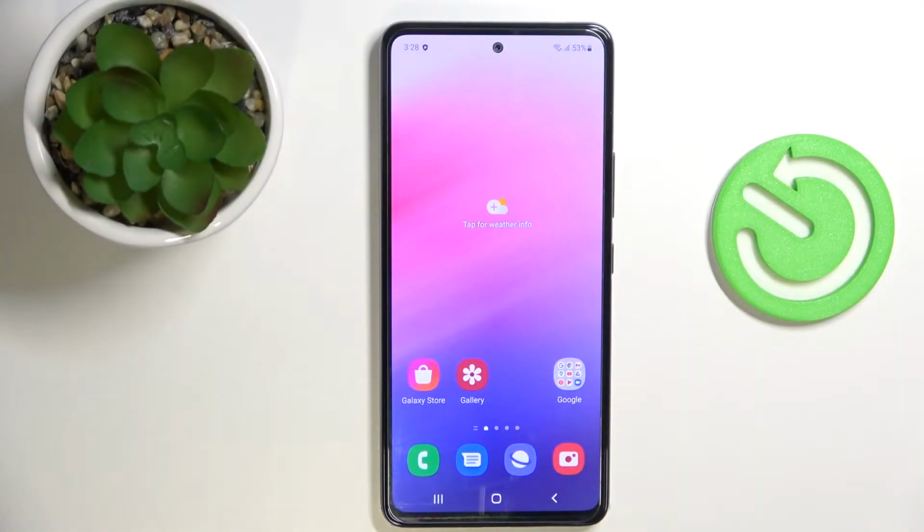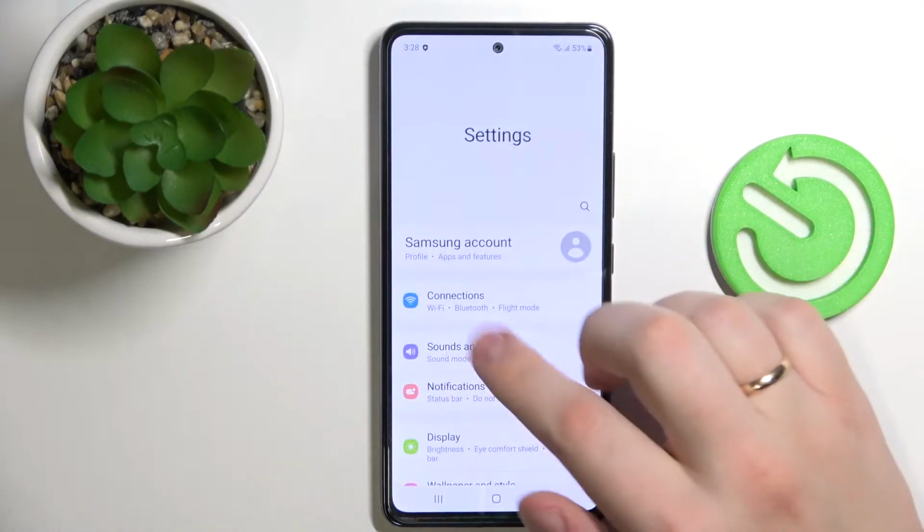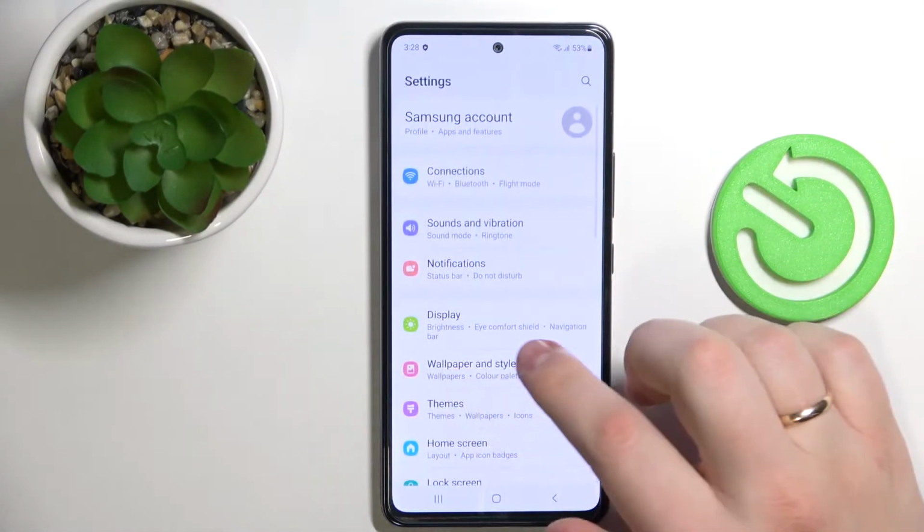Hi guys, today we wanted to show you 5 best tips for Samsung Galaxy A53 5G device, so let's go ahead and start. The first tip, just open up the settings, find display,